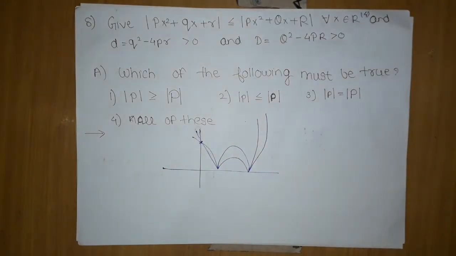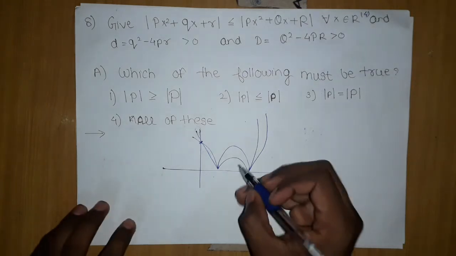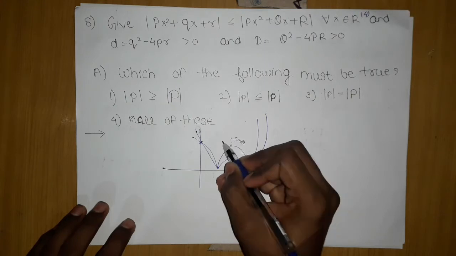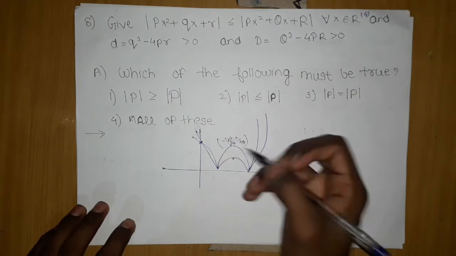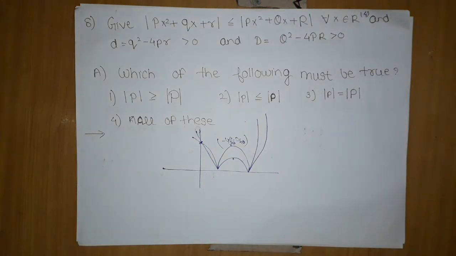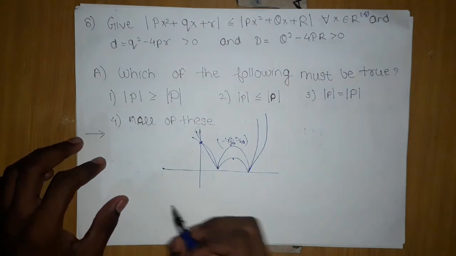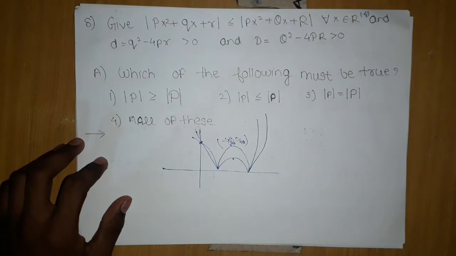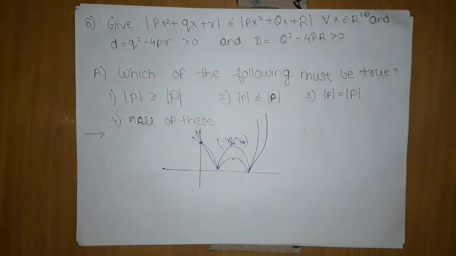They will cut, they are positive, and they will be moving upward. These points will be minus d by 4a, or minus b by 2a. Now they are telling that both quadratic expressions are related by less than or equal to. If they are equal, this can only be possible if their roots are equal. When such a condition appears, that two quadratics are given in modulus and they are less than or equal to or greater than or equal to each other, it means that the roots must be the same.